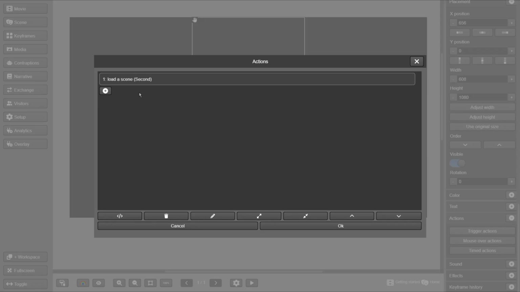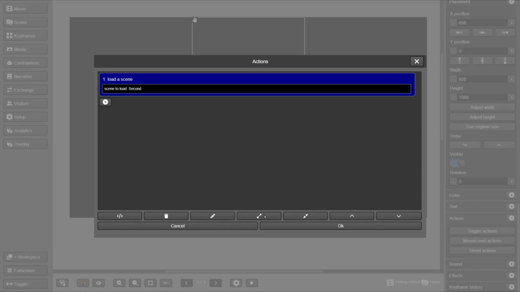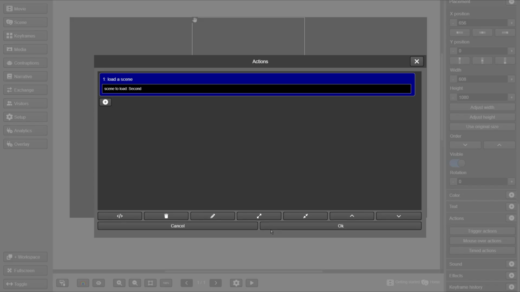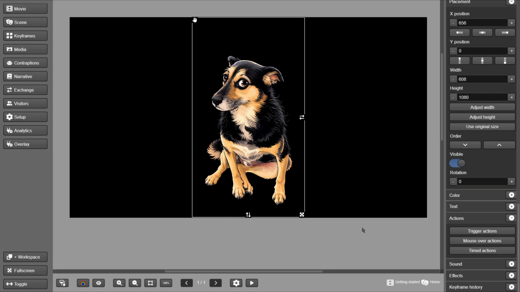Notice that in the block, in addition to the action name and the parameter we defined, there is also the number 1. The action can contain several blocks, which are executed in the order of the numbers that appear at the beginning. At the bottom of the block list, we see several buttons that can be used to adjust them, such as changing their order. Click on the block we created, and then on the Expand button. This way you can see more details about it whenever you want. With it still selected, click on the Adjust button. You will see that you can change the parameter information passed previously. After checking the action block, click the OK button to register the action in the instance's trigger.